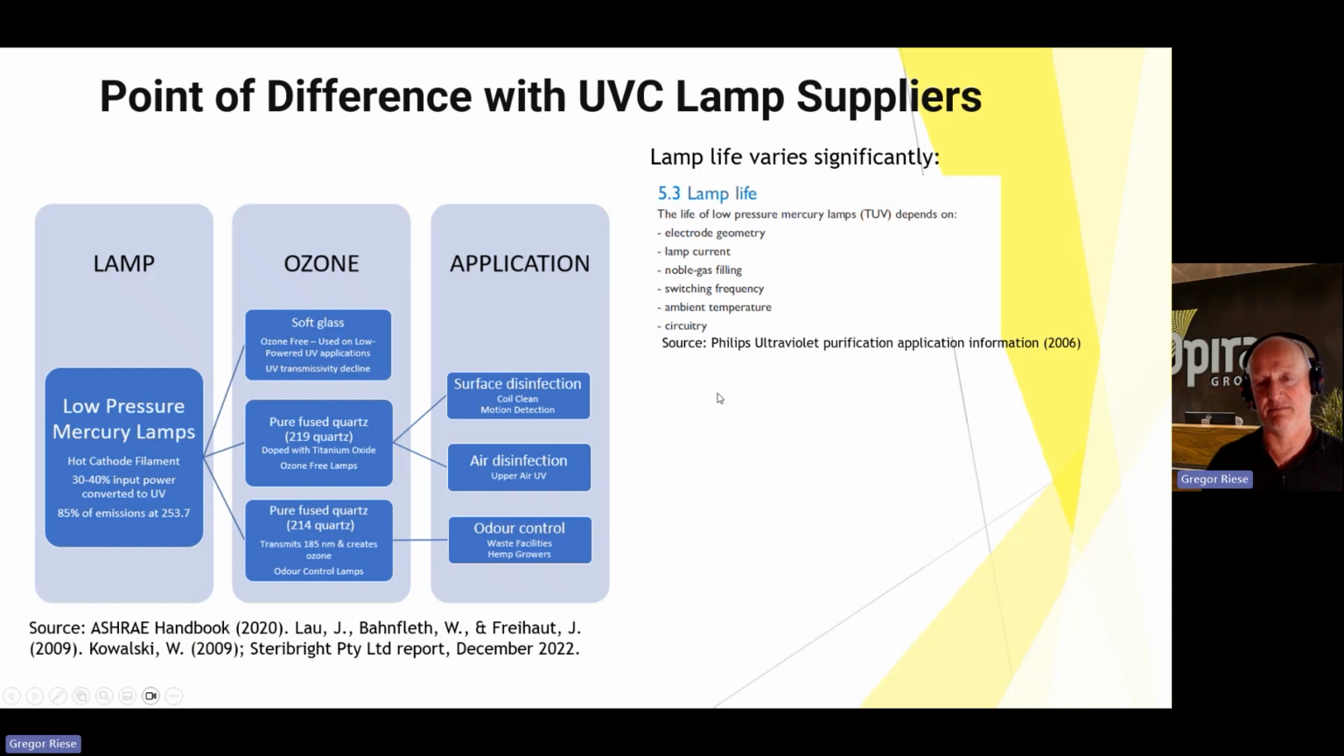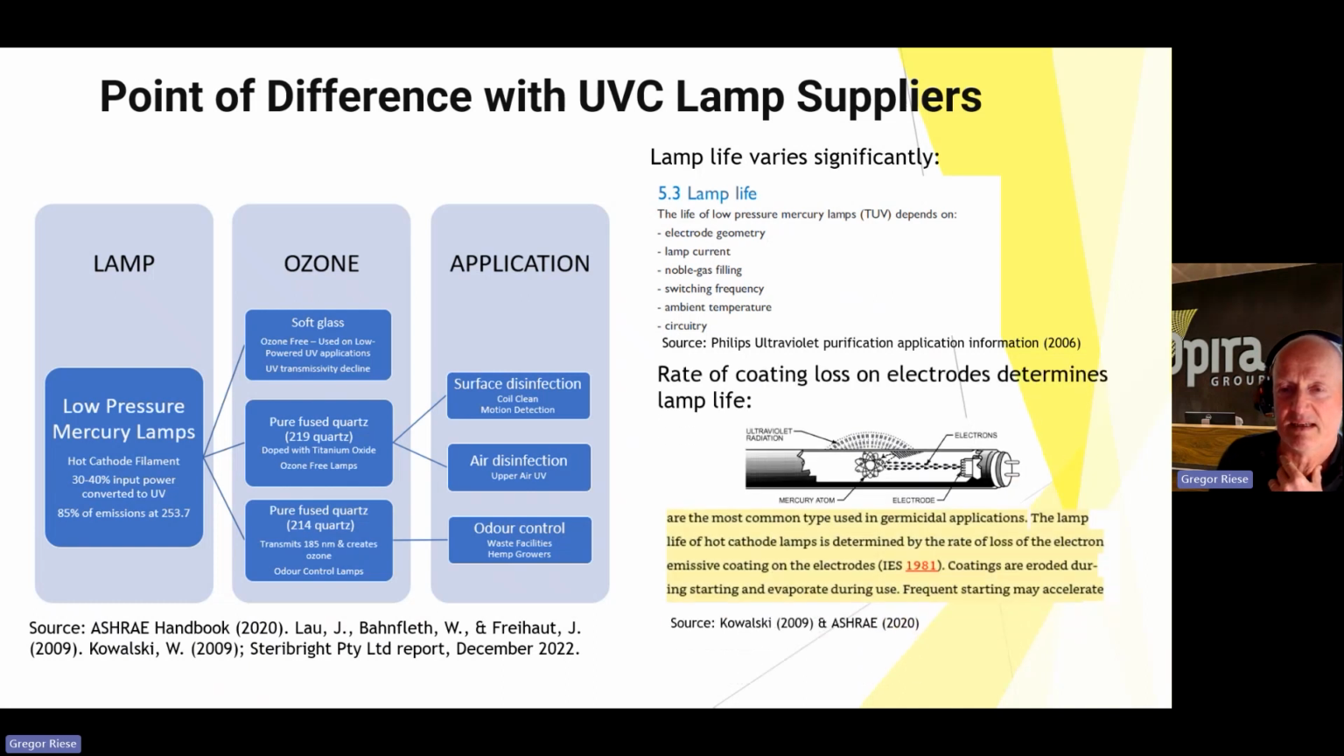Now, there is a huge difference in lamp life, and this is a Philips publication that sets out the different things that affect lamp life: the switching, the type of current going through there, the electrogeometry, ambient temperature, circuitry. And so that's a key point of difference with some of the suppliers in the Australian market in terms of lamp life. But essentially, it's the rate of loss of coating on the electrode that determines the actual lamp life,